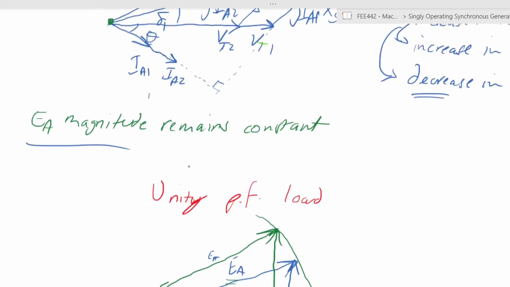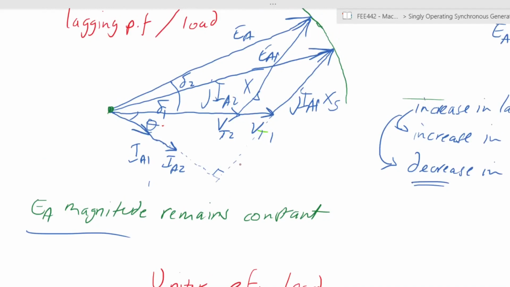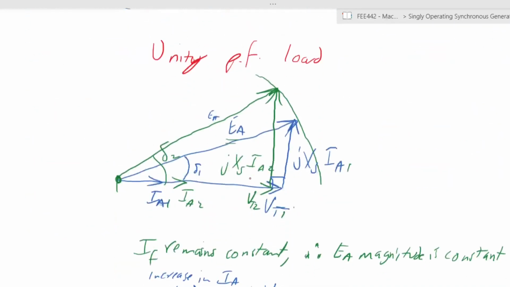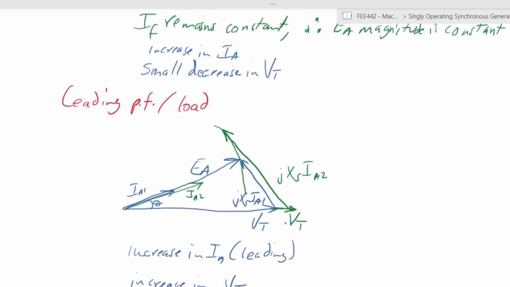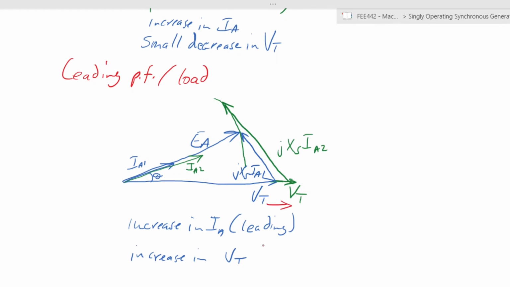Increasing load in lagging power factor or even in unity power factor causes a decrease in terminal voltage. But when you have a leading load, suddenly you find that your terminal voltage is actually increasing, okay? This is an interesting characteristic of leading power factor loads. These are capacitive loads. Capacitive loads tend to have an effect of over voltage. Instead of dipping in voltage, there is a jump in voltage. So if you have highly capacitive loads, an increase in that terminal voltage will be caused by those capacitive loads,